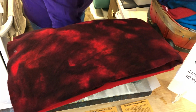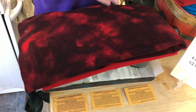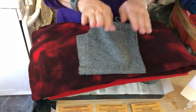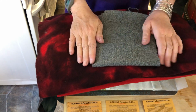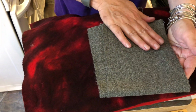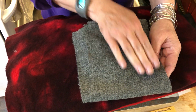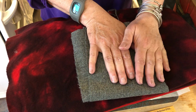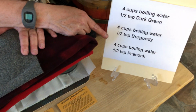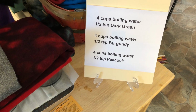The last thing is gray. A lot of us have gray in our stash, but we don't know what to do with gray. And when I mean gray, I mean a flat gray. And this is almost like a 3-piece suit gray. There's no other color. It's a little thin. I wouldn't like to hook with it as is. But again, if I put it through the dye pot and I put it in with this formula, the more intense formula, and I put it in a yard at a time, what I get